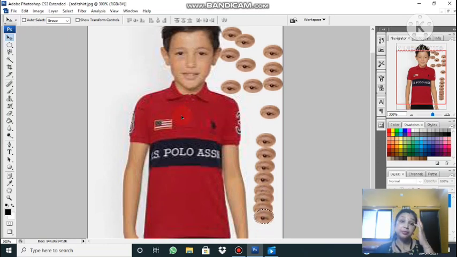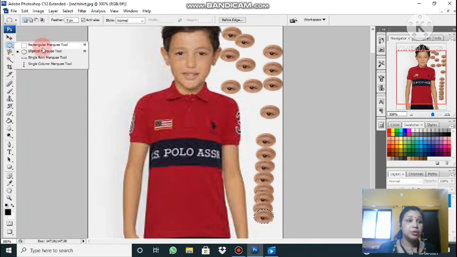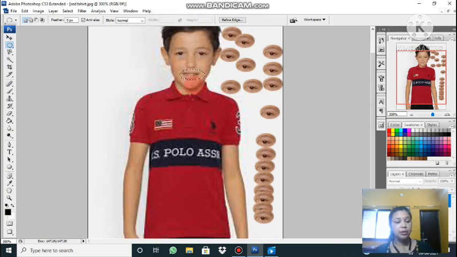Same way it can be done. Suppose the lips part. Again I am showing. Choose the elliptical Marquee tool. Select it. Hold down the Alt key. Click on the Move tool first. Then hold down the Alt key and click on this. After that, again some step I missed. Alt key and click on this.